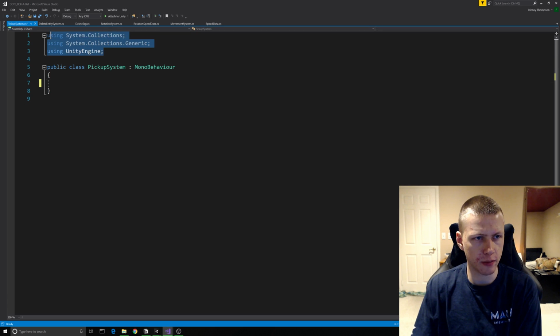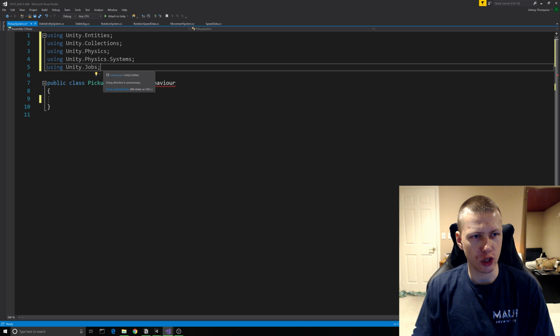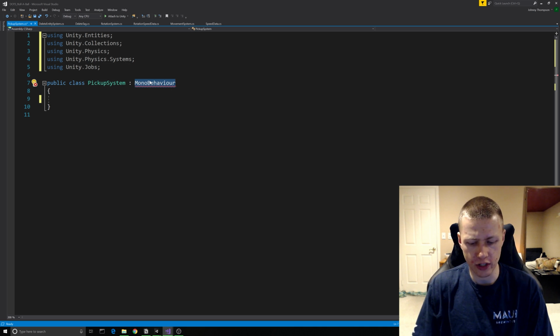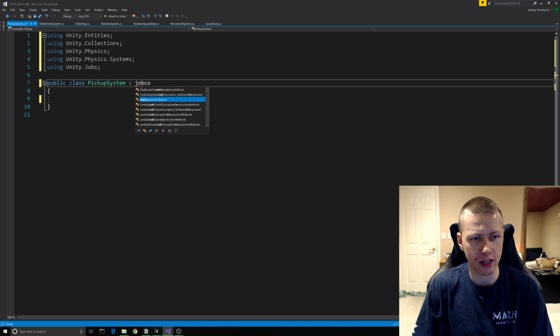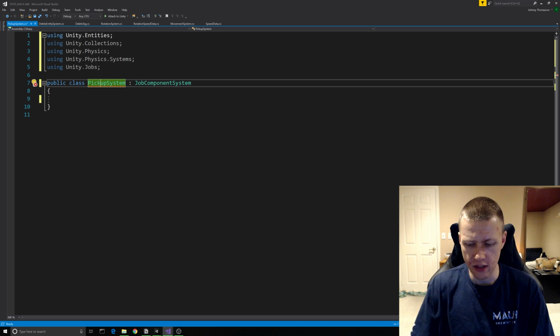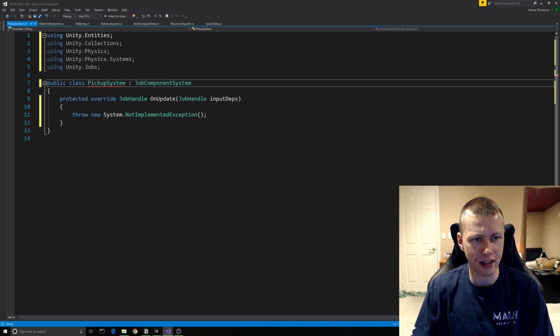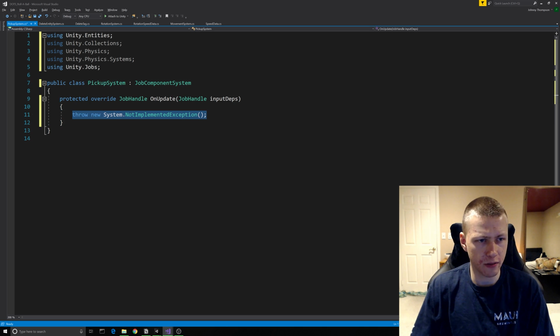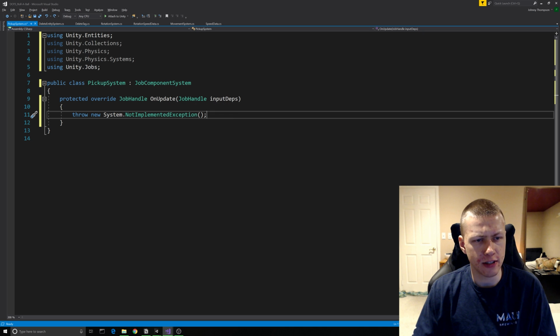Again, clear out the start and update. This time around, we're going to be using Unity.Entities, Unity.Collections, Unity.Physics, Unity.Physics.Systems, and Unity.Jobs. Once again, inheriting from the JobComponentSystem. And then of course, we're going to need to add in the OnUpdate function here. Actually, I'm just going to leave this NotImplementedException here because we're going to come back to